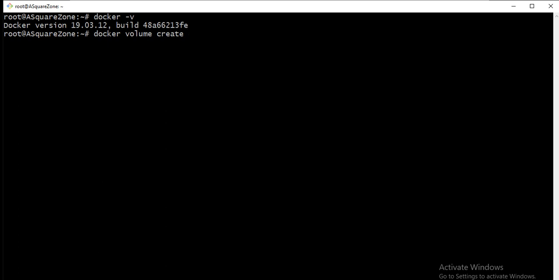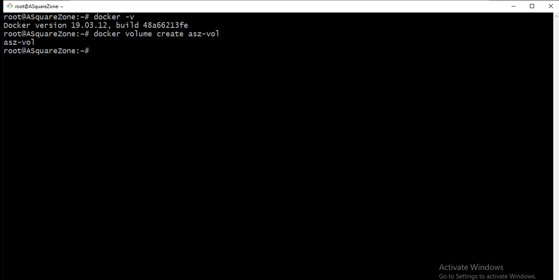Here I am going to give my Docker volume name as asz-vol. So with asz-vol, I am creating my Docker volume on the Ubuntu server. It's created.